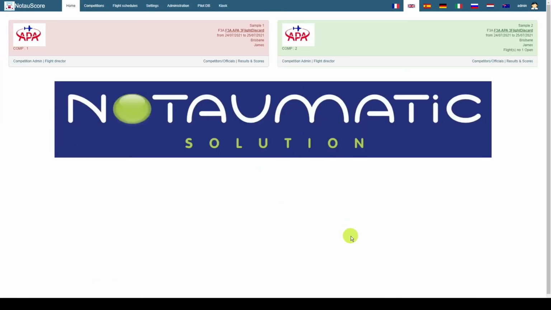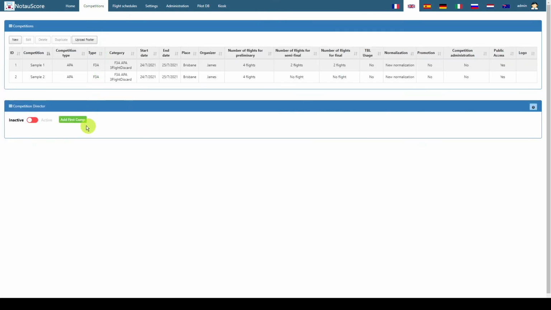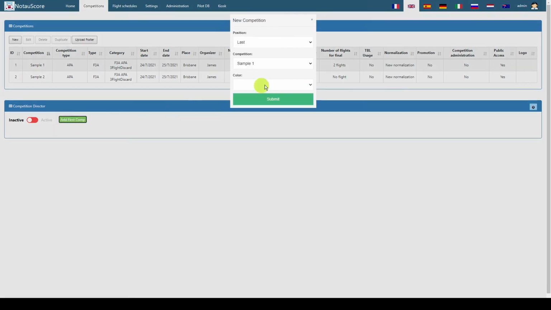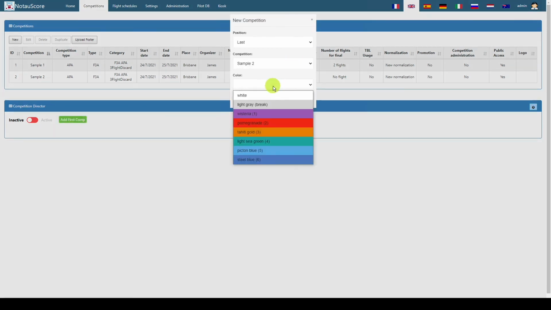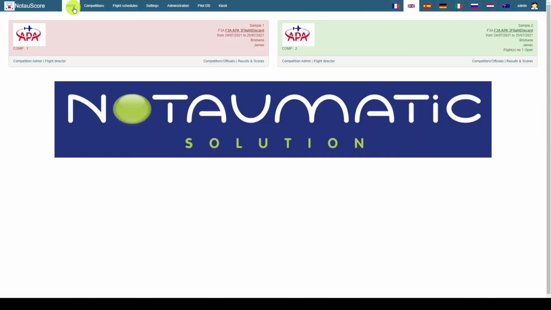I think I'll leave it there for this case because I'm not talking about any more of setting up a competition as such. There's a stage where I'll do another video. There's a functionality in the competition screen where you can actually sequence the competitions to run automatically so that it opens in between flights, but I'll do that in a different demonstration. I'm not going to do that right now.